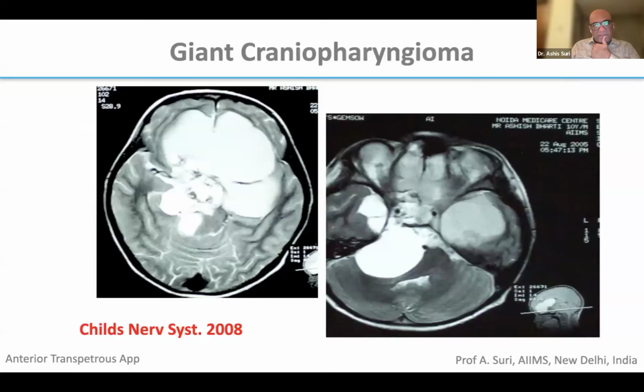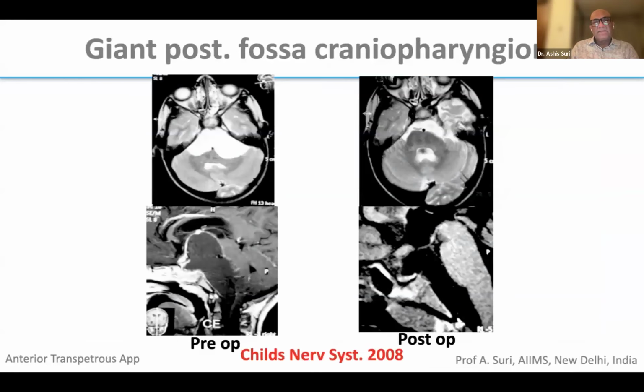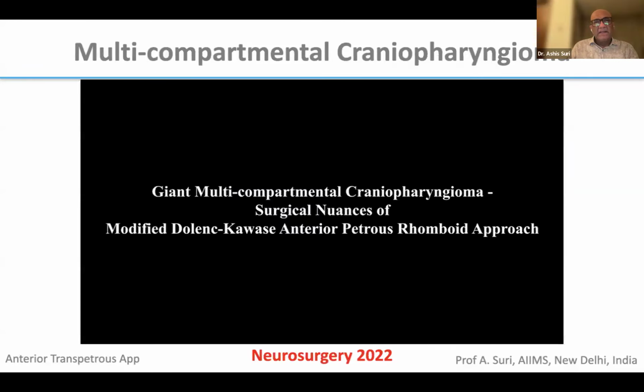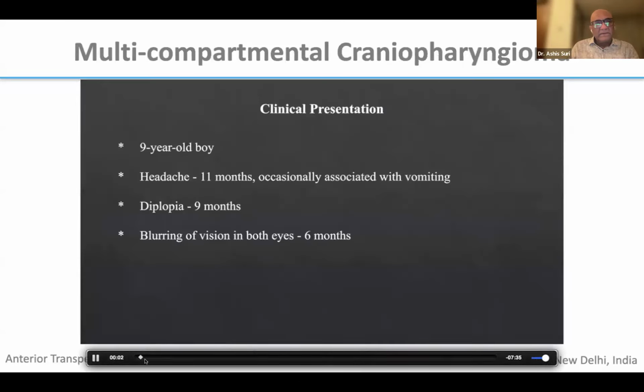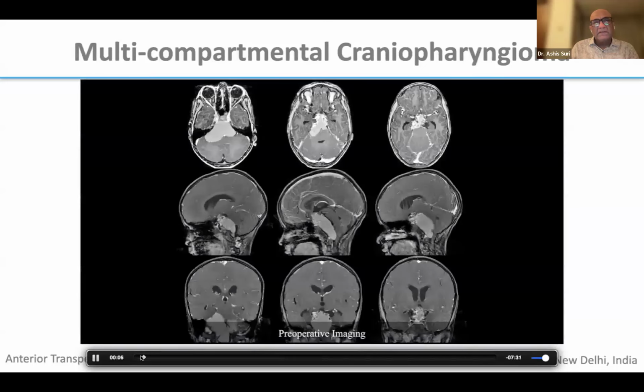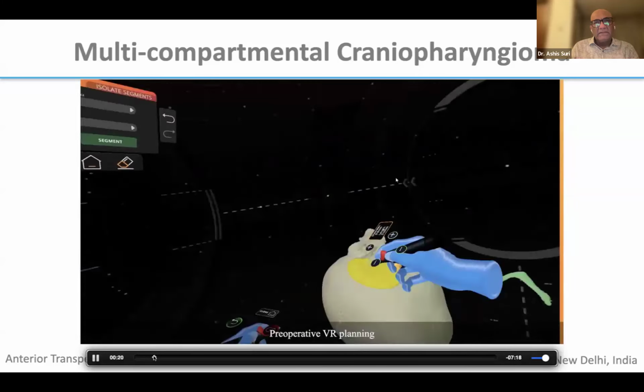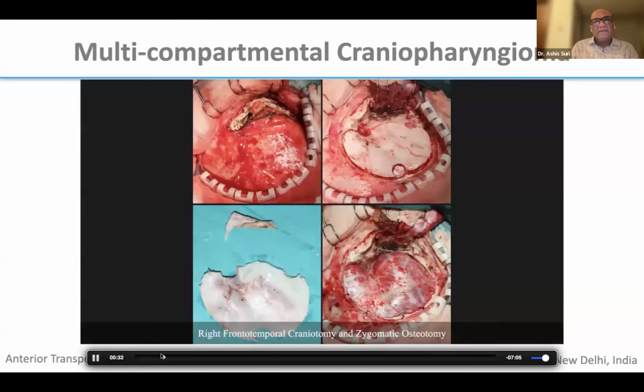Posterior fossa craniopharyngiomas, they're multi-compartmental. The posterior fossa component becomes challenging at times. And this is a case which was published, a video was published last year. This was the giant one, with posterior fossa component. As you can see, we do some VR planning. So again, a temporal craniotomy, a zygomatic osteotomy,